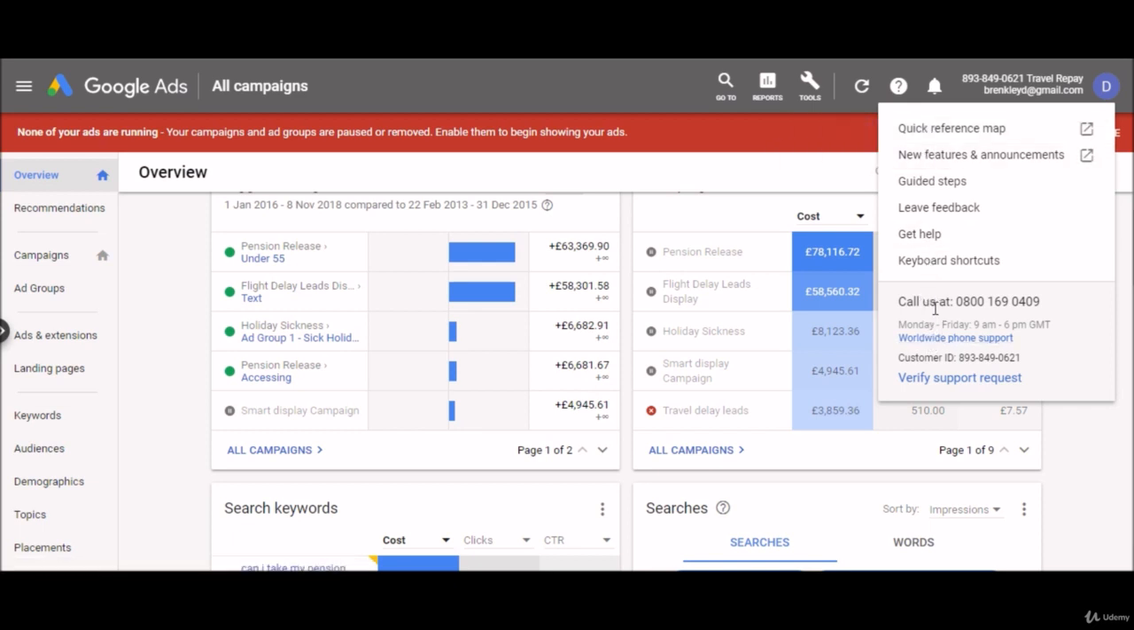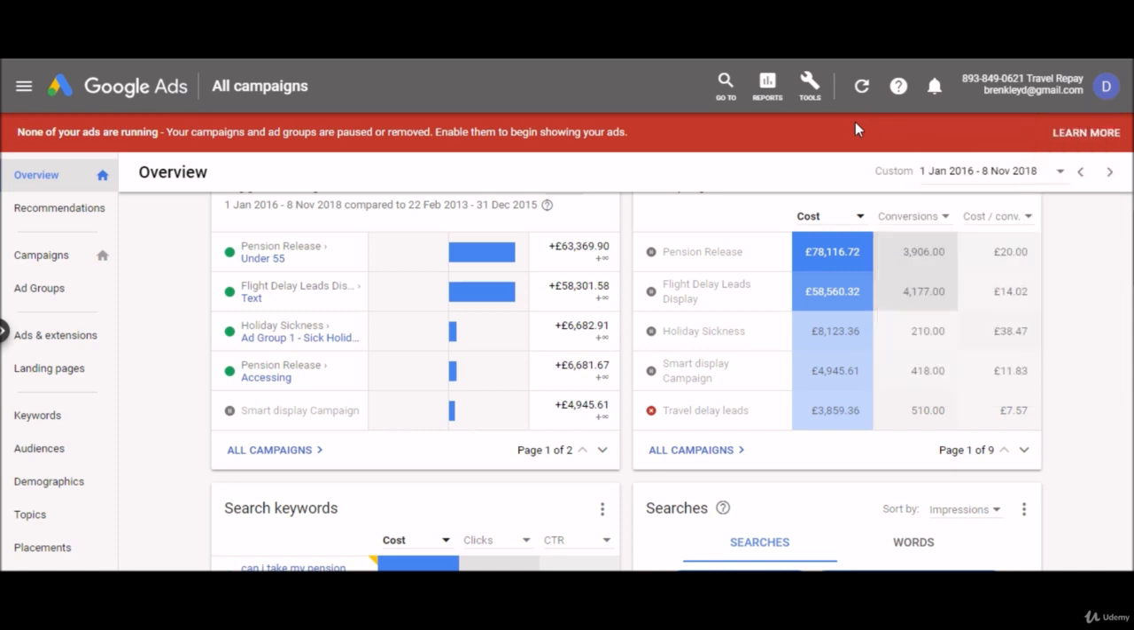You can also call Google, make sure you have your customer ID ready, and they will be helpful. Sometimes the people you speak to actually know less than you though, so do bear that in mind when calling them. You can refresh the page here,